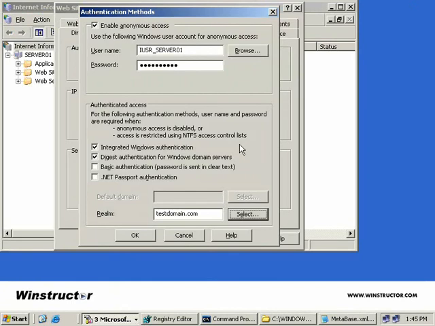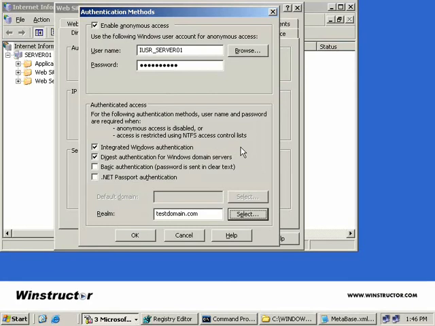Now by the way, if you do happen to have all four of these authentication methods checked, Anonymous, Integrated, Digest and Basic, they will be applied in that order. Authentication is applied in order of strongest first, with the exception of course of the Anonymous authentication. So if a user logs on, IIS will attempt to use Anonymous authentication first. Now if that doesn't work, it will then try Integrated Windows authentication as it's the most secure of the remaining